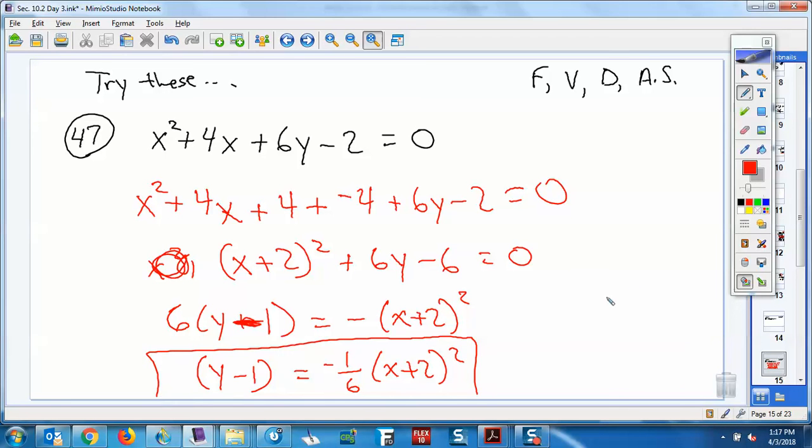So that gives me my vertex, which is going to be at -2, 1. For my focus, I have to figure out p, so -1/6 is equal to 1 over 4p. When I cross multiply, I get -4p equals 6, so p equals -3/2. When I put -3/2 into this, I get